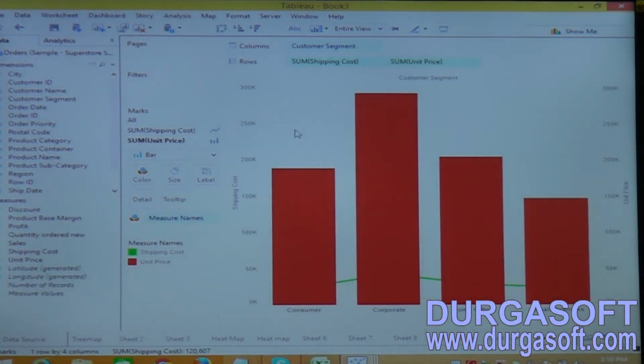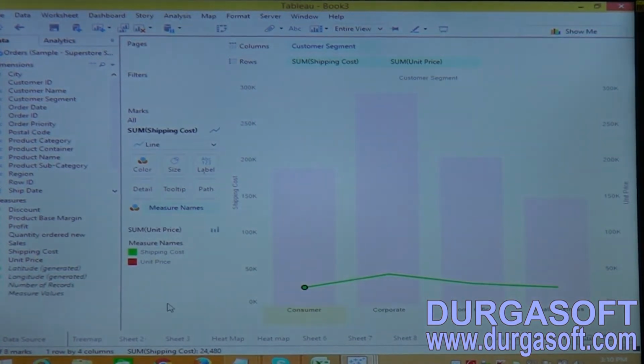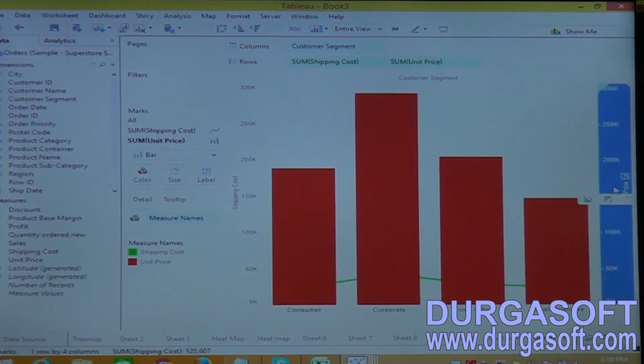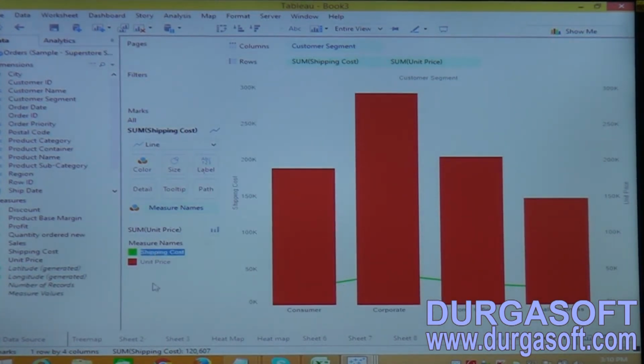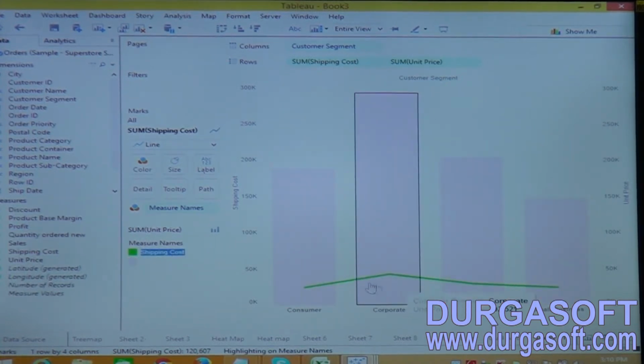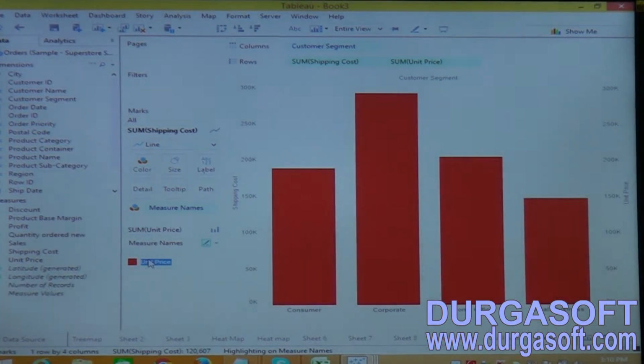This is the way to represent the data. So this line is representing the shipping cost, giving the detailed data about the line, and unit price is represented with the bar chart.